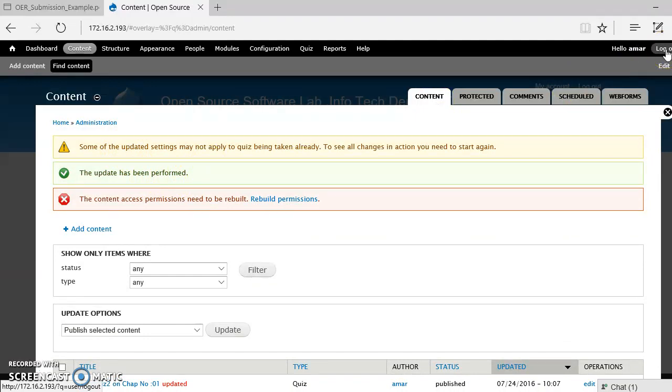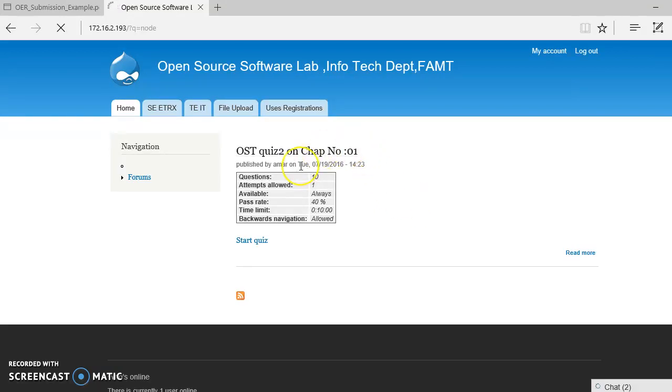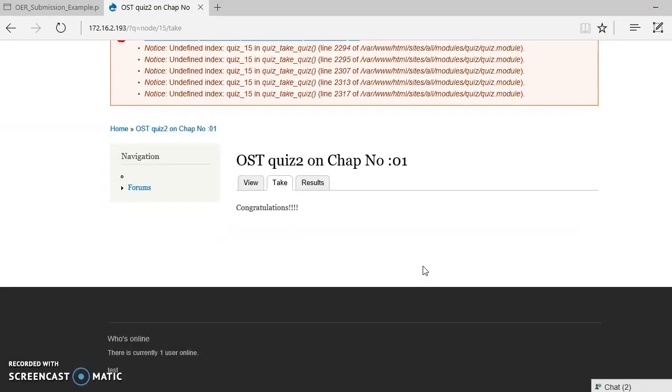So the admin is now going to log out. Admin has logged out. Here is one of the users. See, the quiz has now appeared here. He can appear for this one. Okay, what it says is that this is the quiz and it has already been submitted by you, because I have kept only one attempt here, so it doesn't accept another attempt. Only once this quiz can be solved. That is why this is the message.